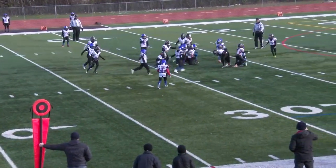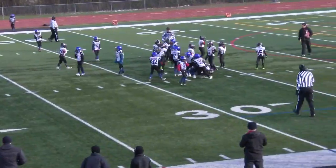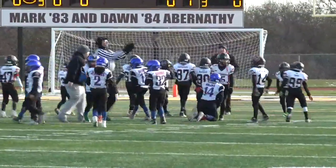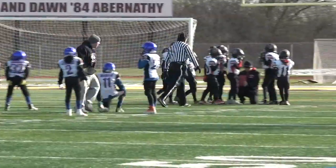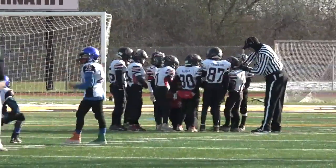And a handoff and an immediate hit in the backfield and driven back. Nice job defensively by the Ramblers. Sperling was the ball carrier. Giovanni Rojas was the first one there to make a stop and got help from a couple other of his